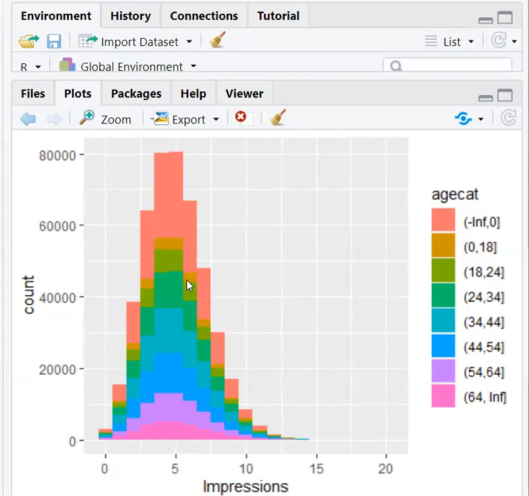Here also less than 18. So they are forming the boundaries of this histogram, which suggests that the impressions count for less than 18 is more compared to other categories. So that is one insight that we can get from this particular graph.